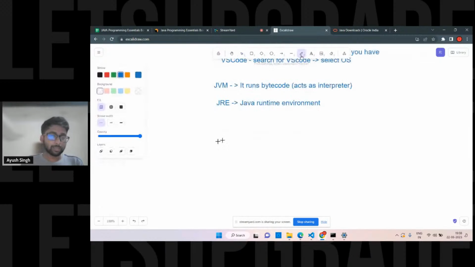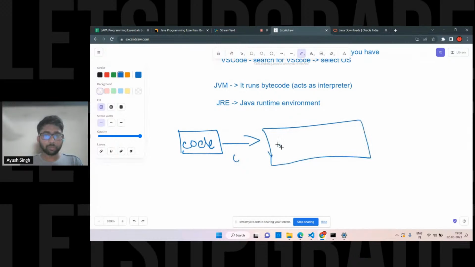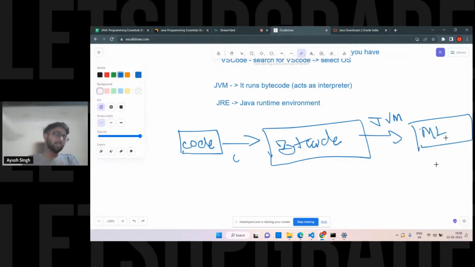Actually, there are two steps. Whenever you write code, it gets converted by the compiler into bytecode, and afterwards the JVM works and converts it into low-level language, or machine language, which is the binary format.